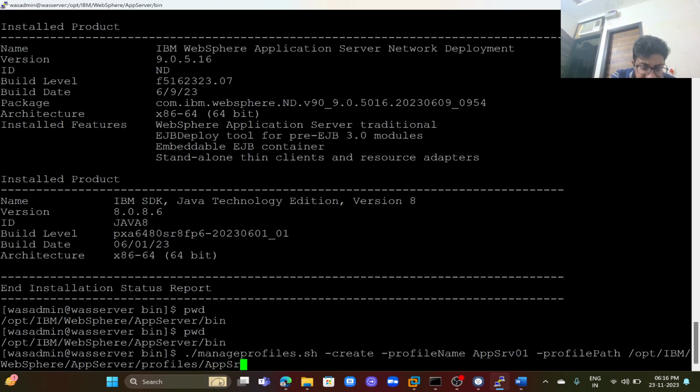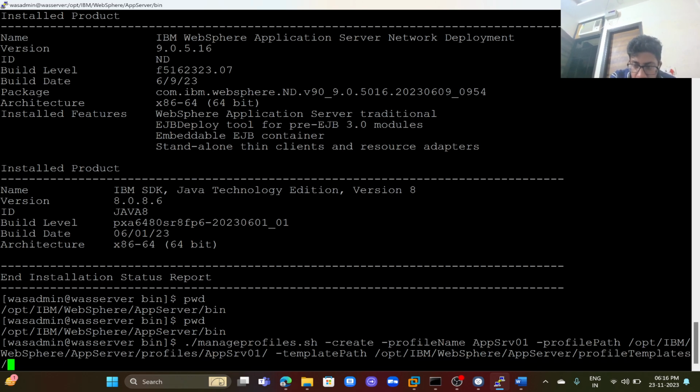I am creating the Linux application server profile. -templatePath /opt/ibm/websphere/appserver/profileTemplates/default -cellName appsrv_cell1 -nodeName appsrv_node01 -serverName